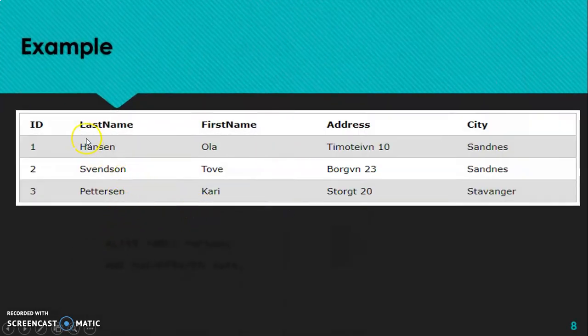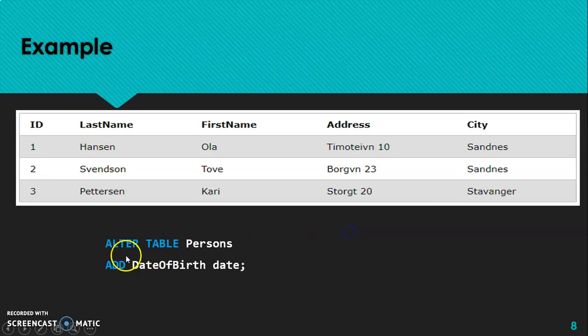So for example, this is the table I have, with ID, last name, first name, address and city. Now I'm using alter table person, add date of birth and type date. So I'm adding a column whose title is date of birth and it is of type date.